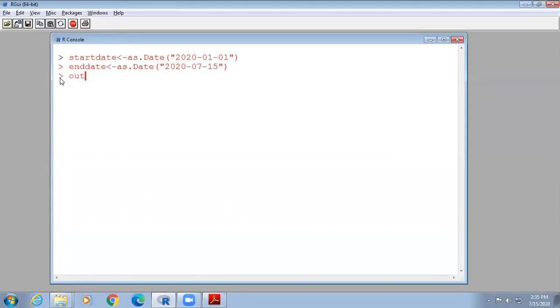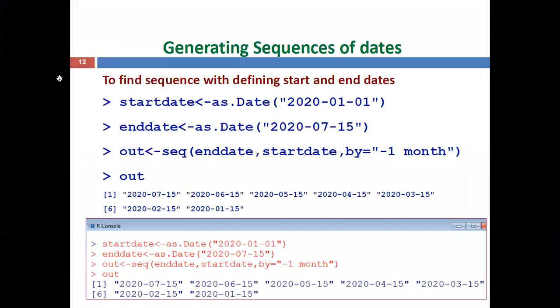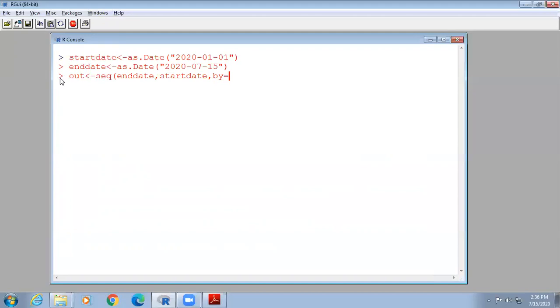Now you are defining output by using our sequence function. First taking the end date as the starting one. It takes the end value as starting. Then the end one is the start date, reverse. Then by equal to -1 month. That means decrement by -1 month.